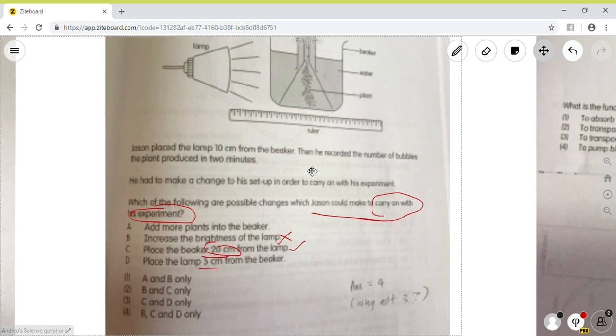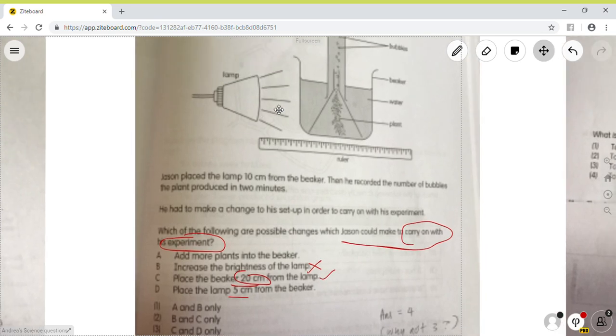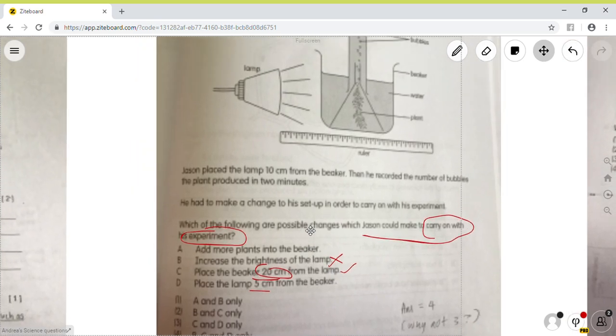So it should be 3, right? Let me see, C, D. Increase the brightness. Yeah, if you increase the brightness, you would affect the experiment, right? Yeah, so that's why I choose C and D. C and D, yeah. Okay. But the answer is 4, is it? Yeah. Answer 3. But if you increase the brightness,